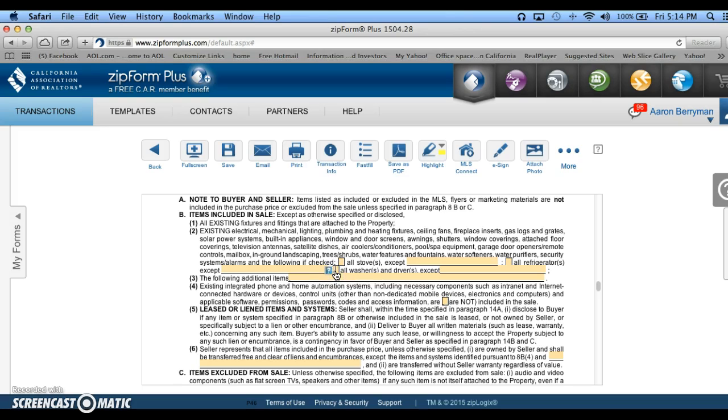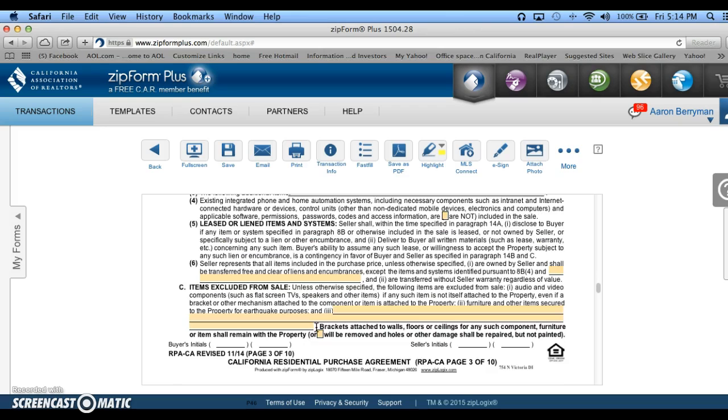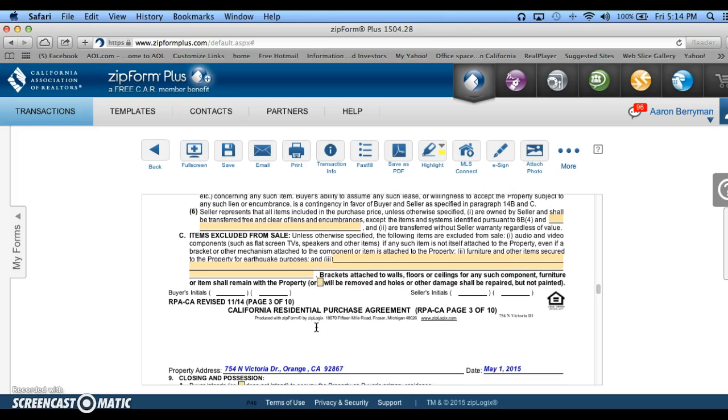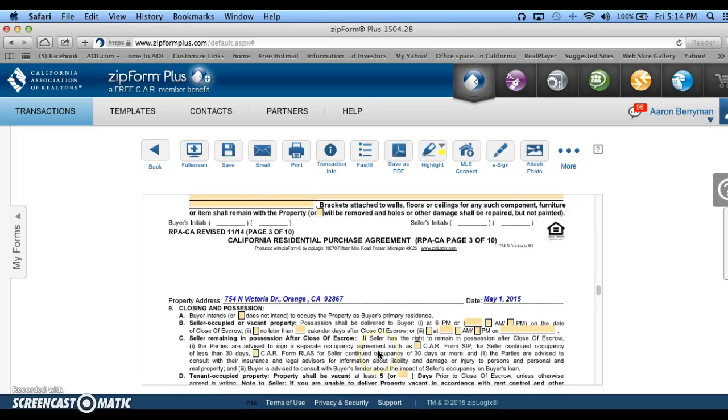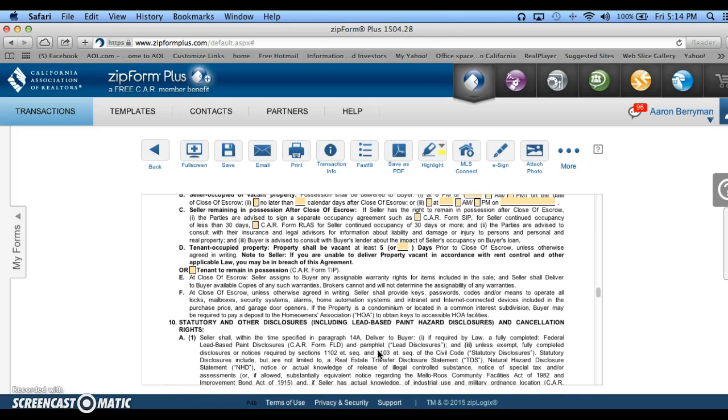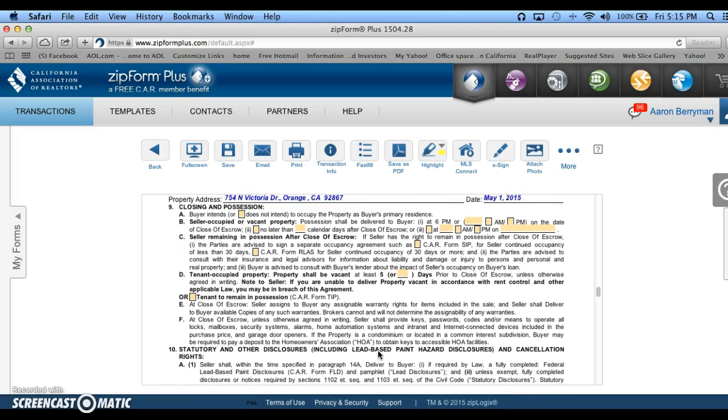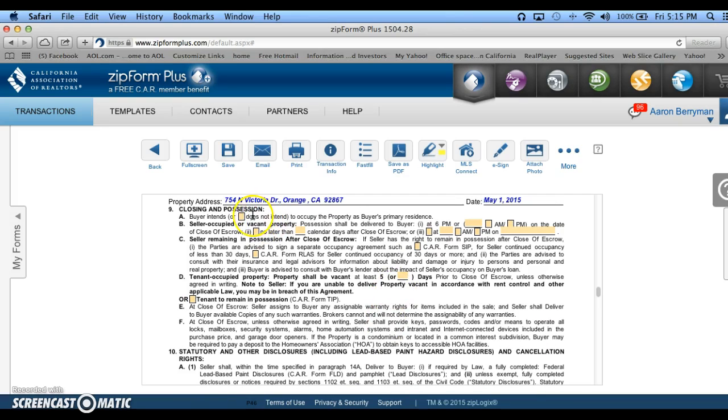So we don't care about anything else. He's already mentioned that to us. If there are items excluded from the sale, we would list them here. Closing and possession, all this stuff is standard. We leave at 6 p.m. at the close of escrow. But actually, in this case, buyer